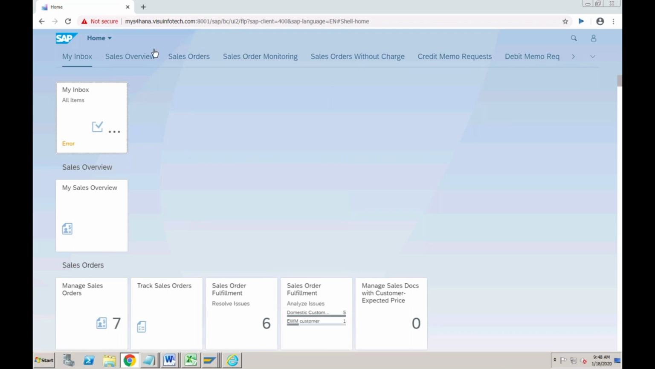This is called a home screen, or you can call it a launchpad. So what is a home screen and why is it called a launchpad? Once you enter your credentials, your username and password, you will be taken to the home screen. Now in this home screen, you will only be able to see those transactions for which you have the authorization. So just remember, SAP Fiori is completely role based. If you have a proper role, then only you will be able to see any particular app. If you don't have any role, then you will not be able to see any app available in your Fiori